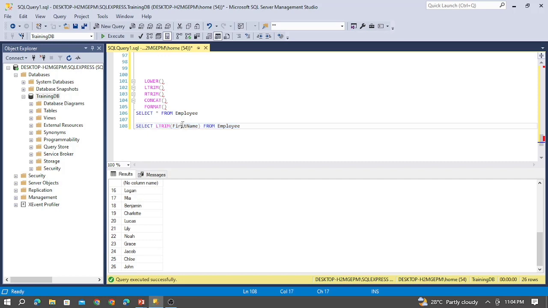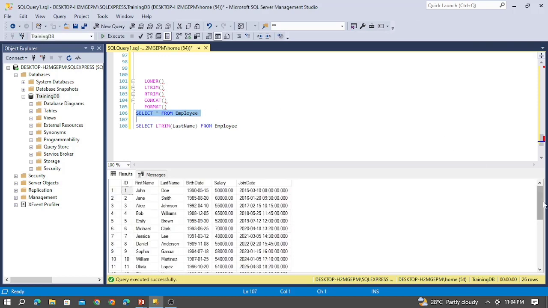So what if I give the last name for this query? Let's see, last name. I have some unwanted space on the right side of the last name in the DOI. So executing this,